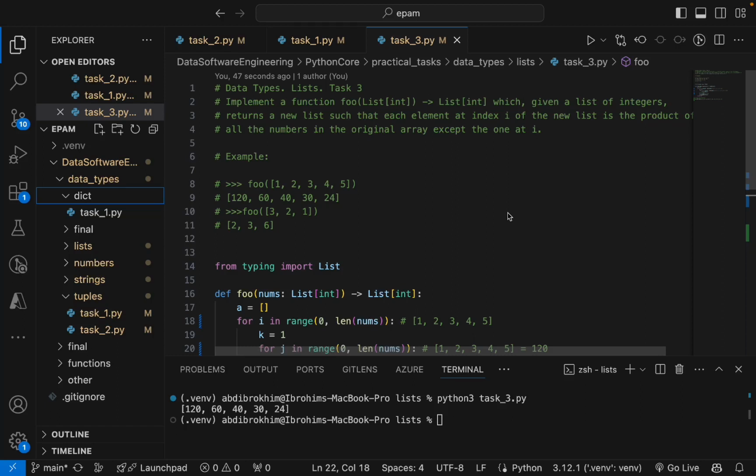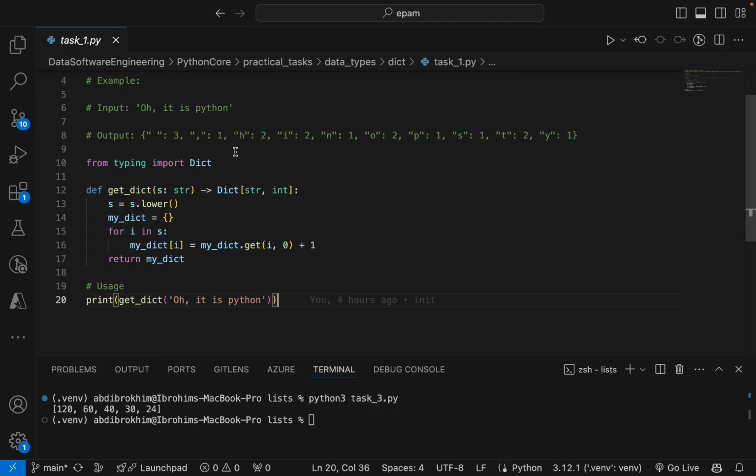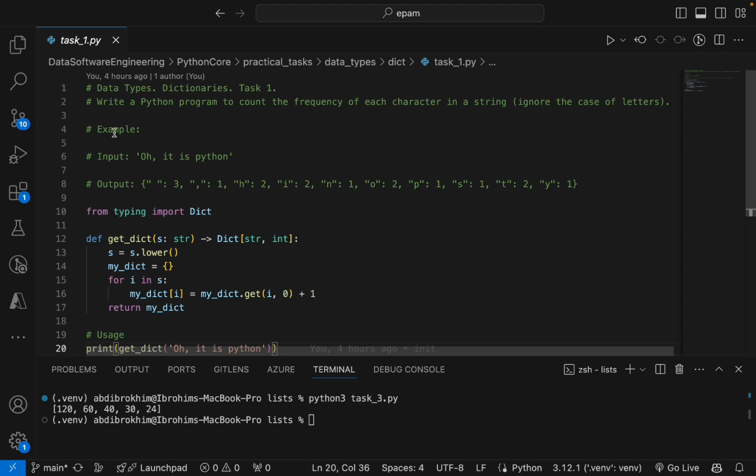Let's continue our journey learning the Python core, and in today's lesson we will talk about dictionaries. We have one practical task. Let's solve this. Write a Python program to count the frequency of each character in a string and ignore